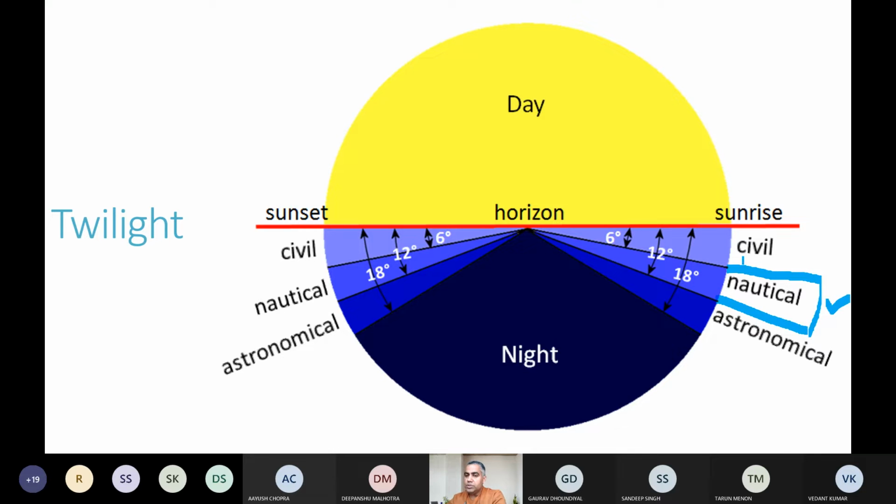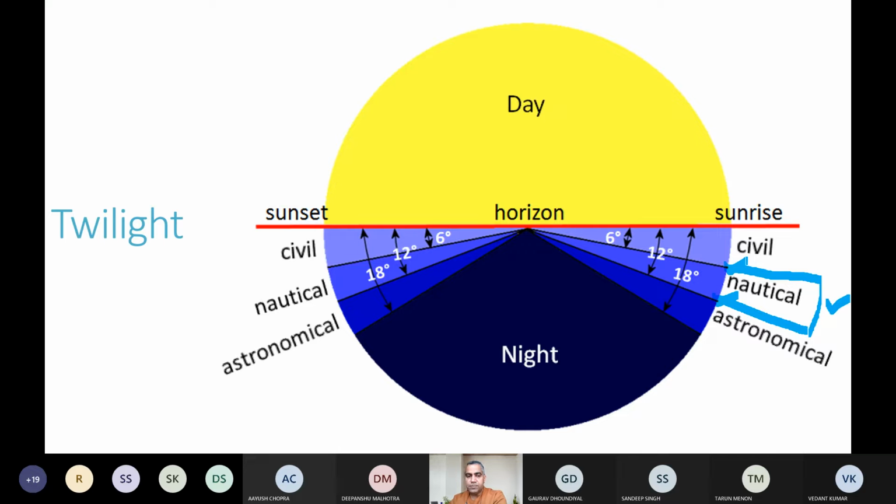When the sun comes less than 6 degrees below the horizon, there is so much light that the stars are not visible to us. So again, it is not useful to us. We cannot take a sight. So for the purpose of sight taking, in the morning, commencement of nautical twilight to commencement of civil twilight is